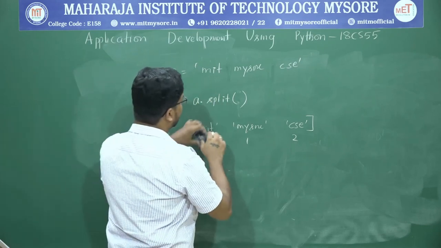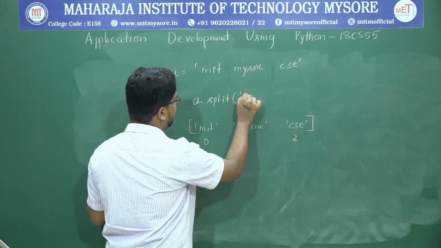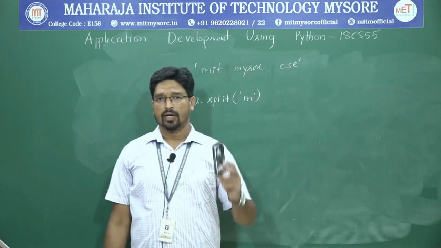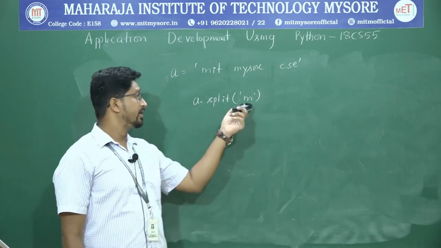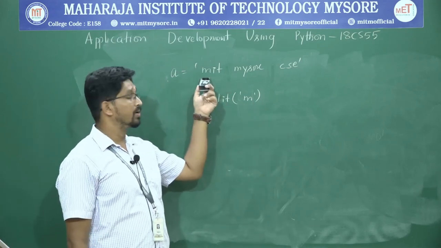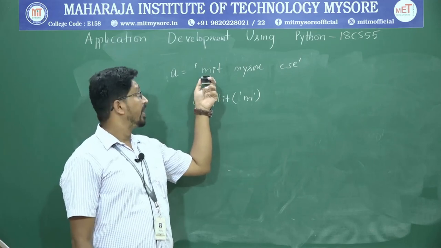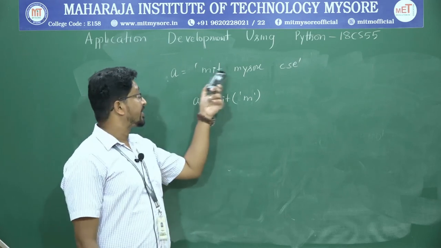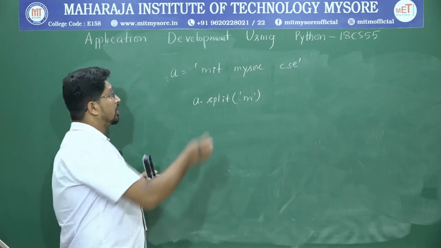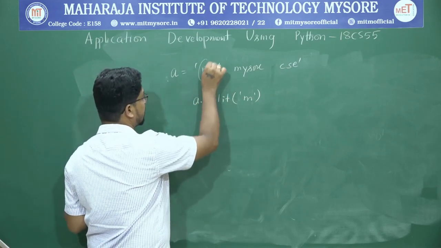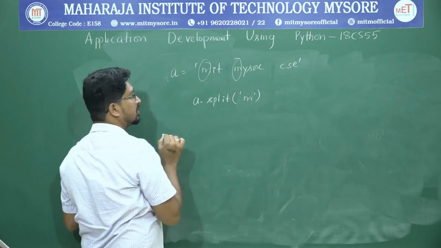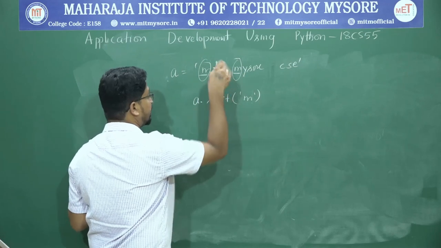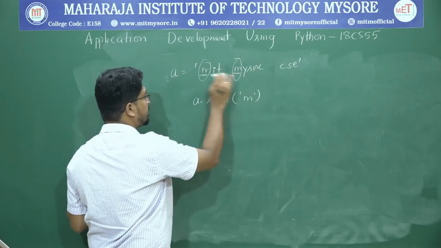Assume that you pass the character M. Then what is the output? Just observe. Now if you split using the parameter M, your string gets split wherever the M is. M is neglected and the other characters are taken. It will find where the M is. So this is one place and this is another place. Now you can consider M as a space. This is a separator. Initially spaces were the separators, now M is a separator.